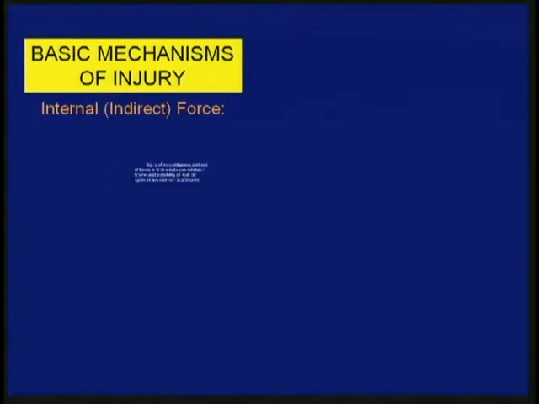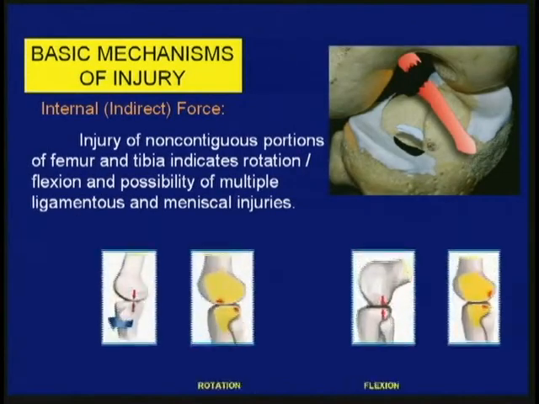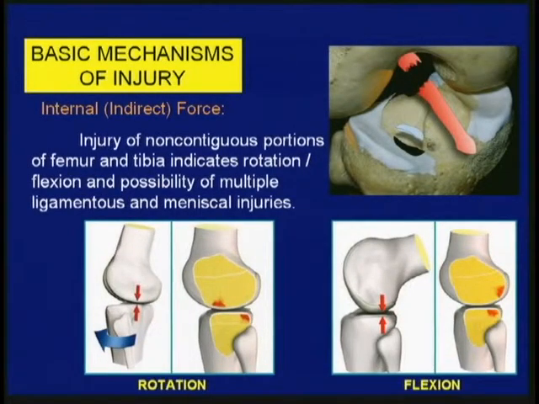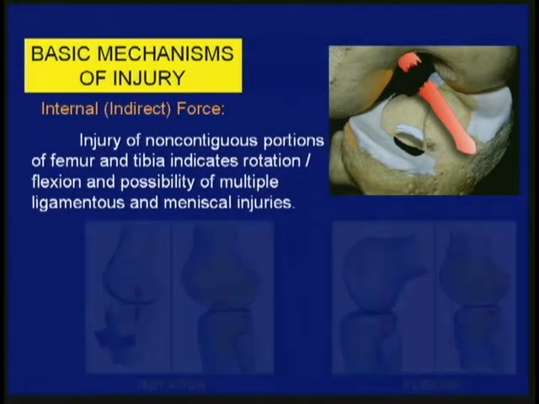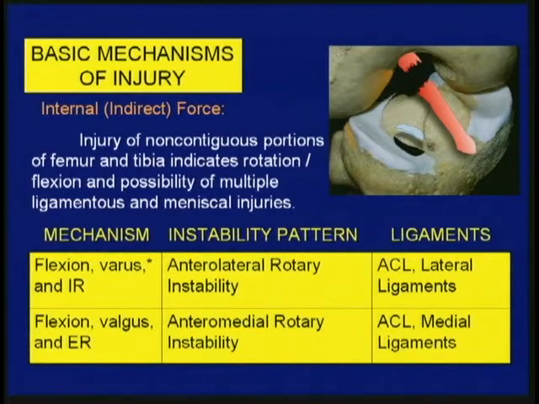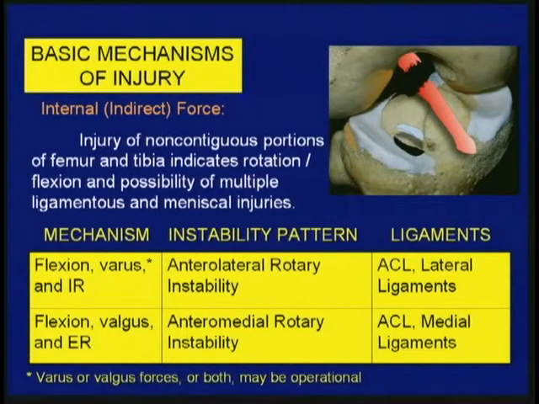Injury of non-contiguous portions of femur and tibia generally indicates rotation, flexion, or combinations of that, and when you see that, more often than not, there are multiple ligamentous injuries and even meniscal problems. This leads to two classic mechanisms of injury that your orthopedic surgeons may know about and in fact use this terminology. Flexion varus and internal rotation, known as ALRI, anterolateral rotary instability, where you get injuries of the ACL and